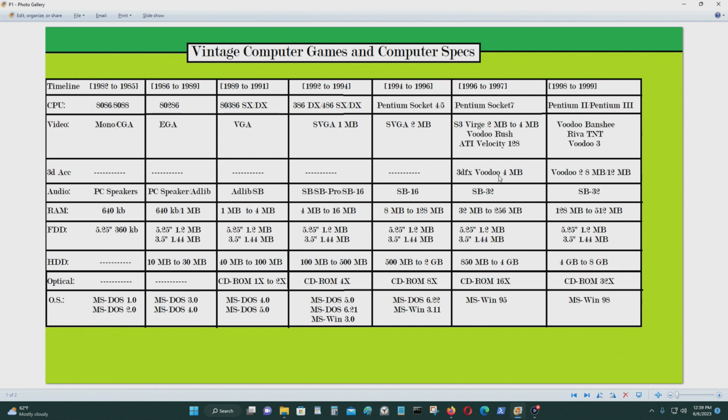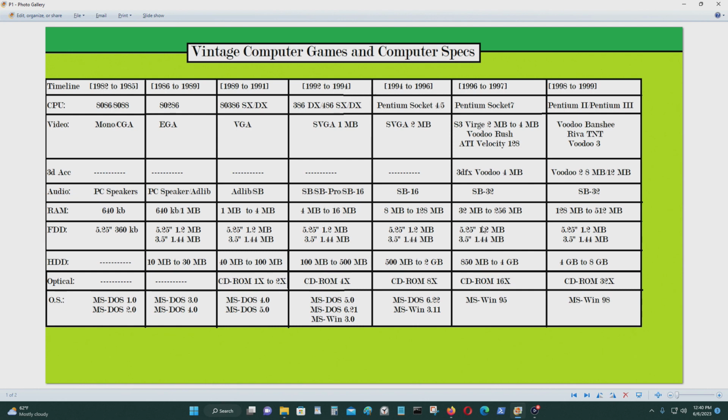You also had something called a Matrox M3D, which I also had back in the day. It wasn't as good as a 3DFX Voodoo card. I eventually replaced the Matrox M3D, which was based on a NEC PowerVR graphics chip. It really wasn't as good as this, so I replaced it with that later on in